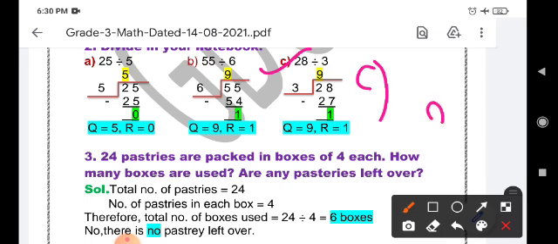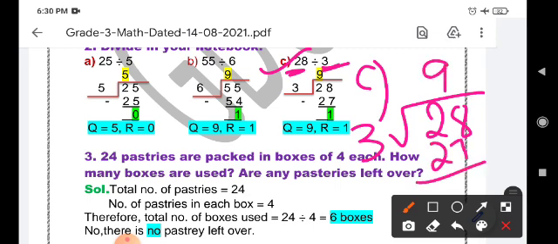Similarly, let us do C part, that is 28 has to be divided by 3. 28 is the dividend, 3 is the divisor. So 3 9s are 27. You can go for 3 9s are 27 because 3 10s are 30. You can't use that because that is a bigger number than 28. So you have to get the exact number if it's there in 28, or you can get the nearer number that is closer to 28, having smaller value. So 28 minus 27 is 1. It means quotient is 9, remainder is 1.